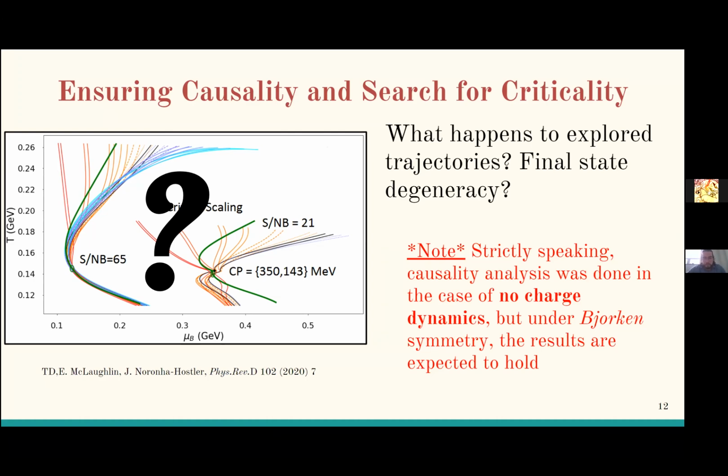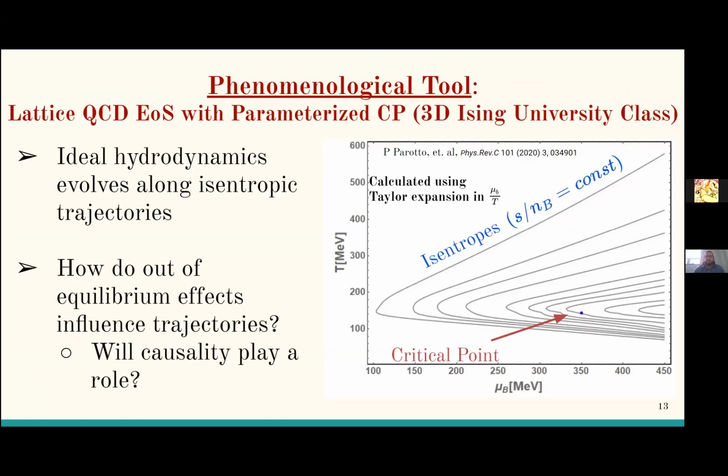Also, in order to study criticality and hydrodynamic effects on it, you need some sort of phenomenological tool because we don't have the equation of state of QCD at finite chemical potential. So I have this equation of state here, the BEST collaboration equation of state, in which you put a critical point by hand into the QCD phase diagram, where you make sure that it matches lattice QCD at zero chemical potential,